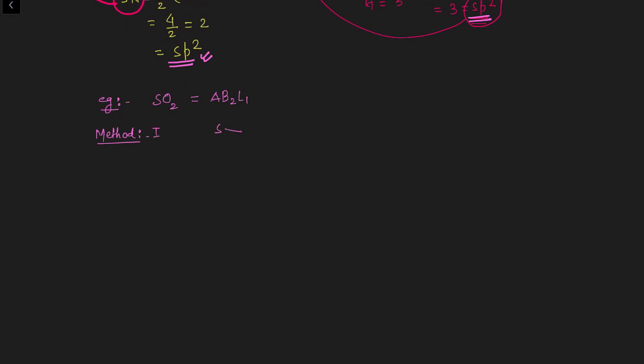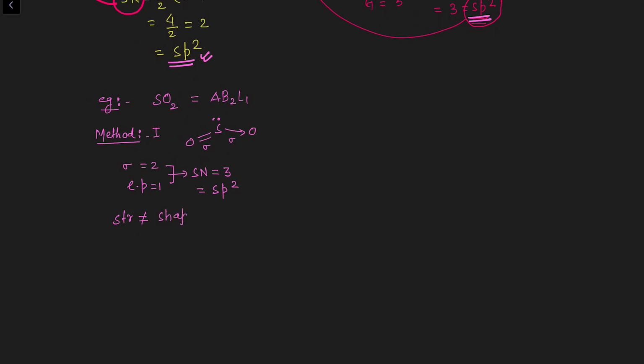So the simple Lewis dot structure of sulfur dioxide is this, right? From this structure everything is revealed. 1 sigma bond, 2 sigma bond. Sigma bond is 2, lone pair is 1. So what is the steric number now? Steric number is 3. So what is the hybridization now? sp2. Now check, the structure of this molecule will not be equivalent to the shape of the molecule.